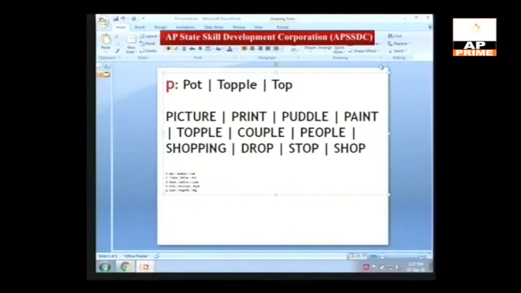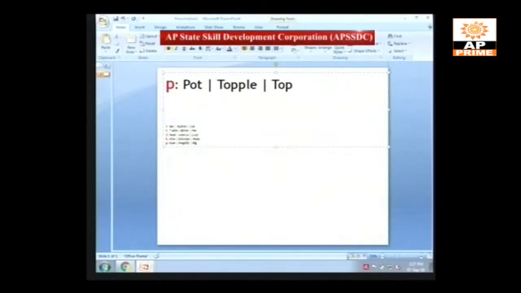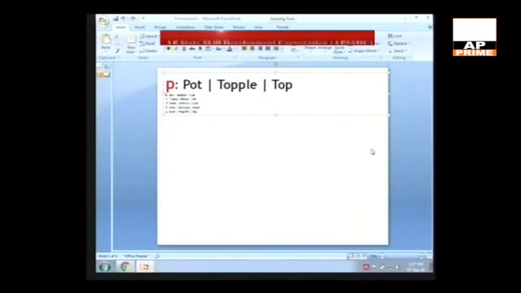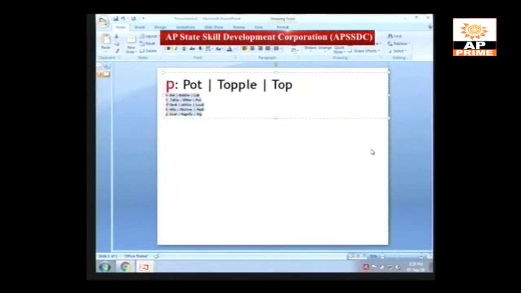So wherever you see the letter P, you will have a P sound, but there is an exception. For example, if the word is photograph, so here even though we have the letter P, it's not pronounced as P. We don't say p-hotograph, we say photograph, because we have PH. Okay. Now next one